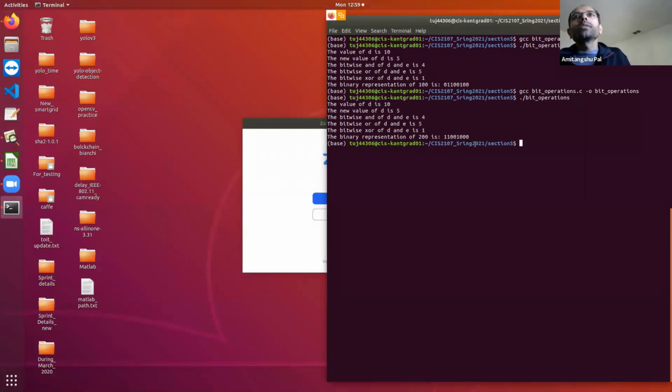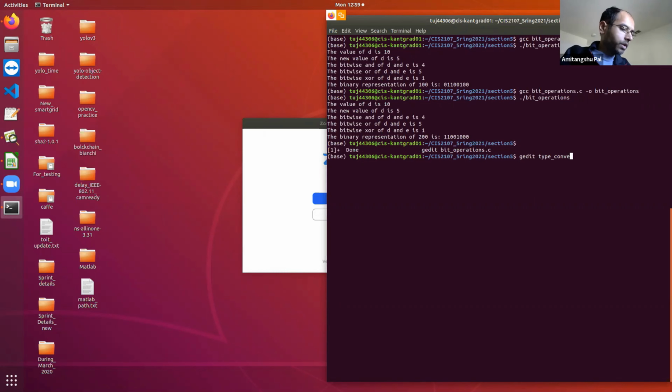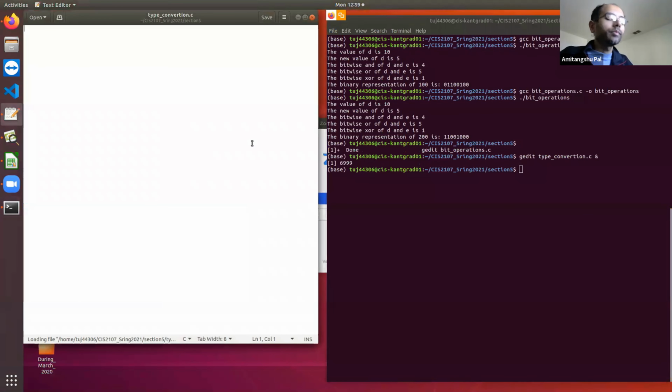Okay. So next small topic that I want to cover is type conversion. So type conversion, as the name suggests, we have learned different data types.